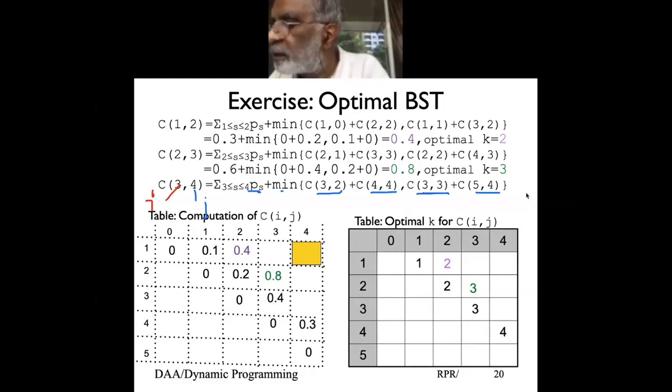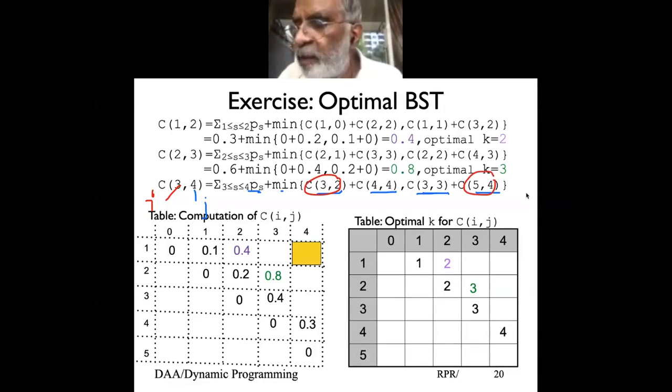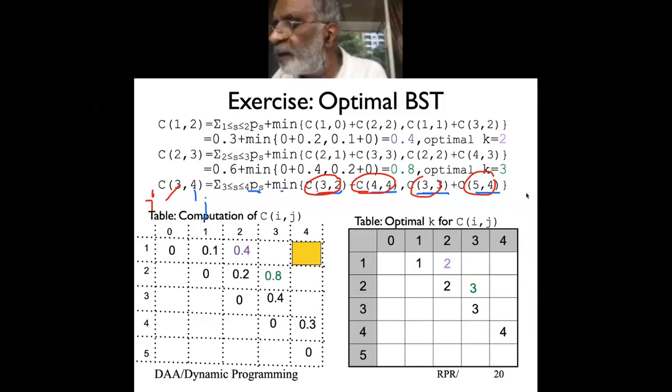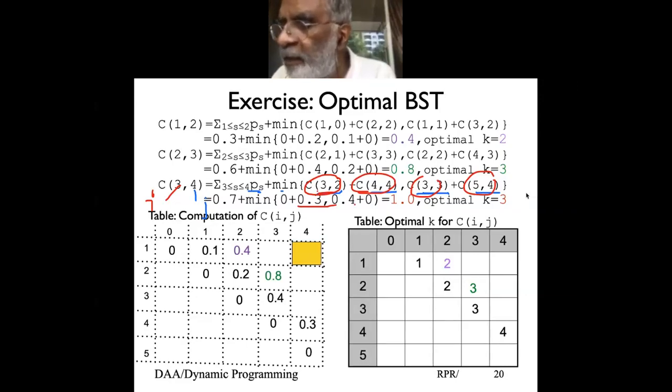Now look, this again is 0 and this again is 0. So anytime you look at indexes, something like C(i, i-1) term will always be 0 because you get a term like this. And look, C44 is 0.3 and C33 is 0.4. So my minimum comes from this one where k is equal to 3, and 0.3 plus 0.4 is 0.7, and this is the sum of P3 plus P4 which is 0.7. So the value becomes 0.7 plus 0.3 which is 1.0, and that is what we basically get here.